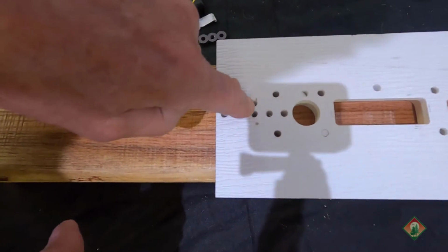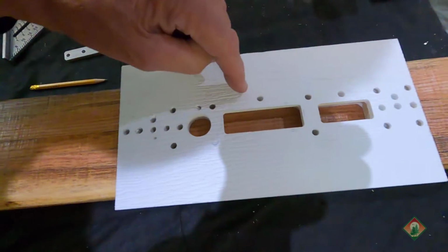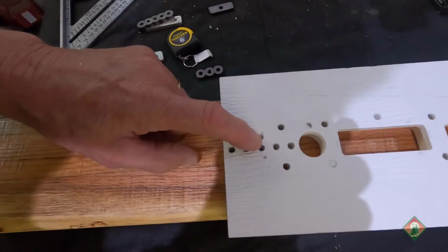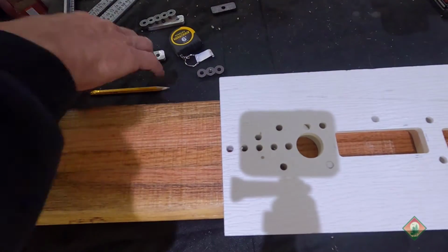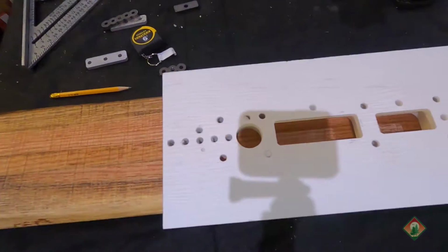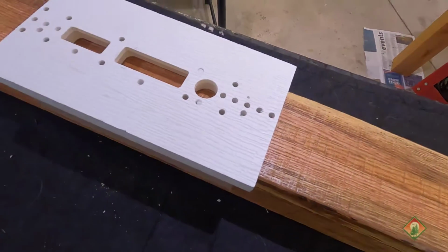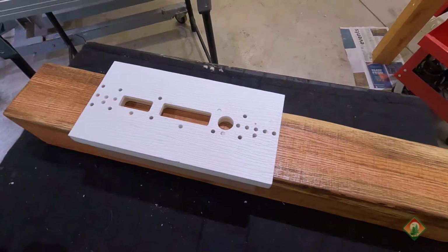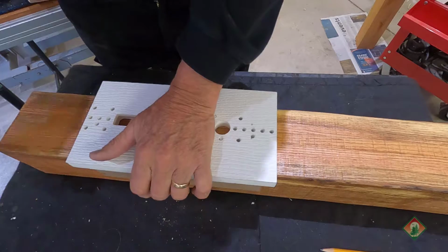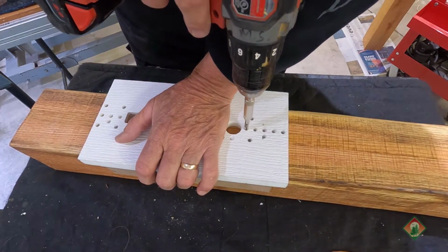So I'm lining that up with this hole right here with the line. I could put it in there, that one's fine. When you get into these, it's a little different because, you know, where is center on this, where is center on this, and that's why the peephole comes in handy, but you almost don't even need it on these, okay? So now that I have that, I don't even have to use any kind of clamps or anything. As long as you're somewhat gentle, I'm just going to switch over to the other side, make it a little easier to view. But you don't even have to clamp it. Instead, if we just put some weight on it like this,